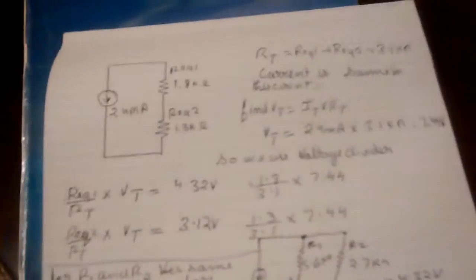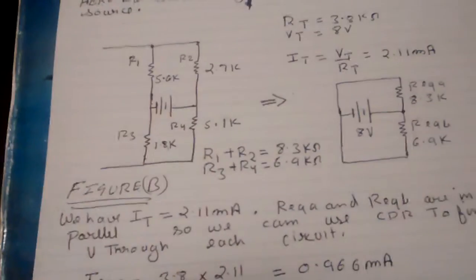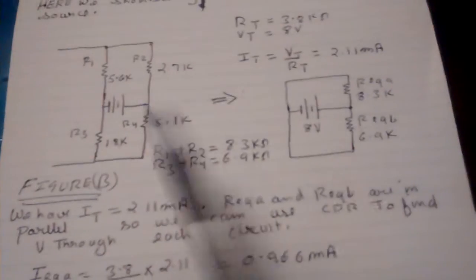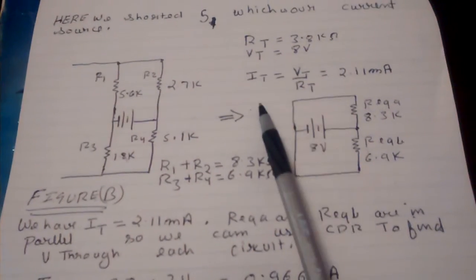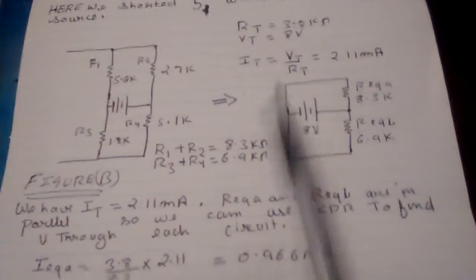Let's look at our second circuit. There we go. So this is our figure B. In figure B, we remove our source 1 and consider only our source 2, and we have the voltage here. First we make it equivalent and we find the RT, IT and VT. We have the VT already. So for figure B,